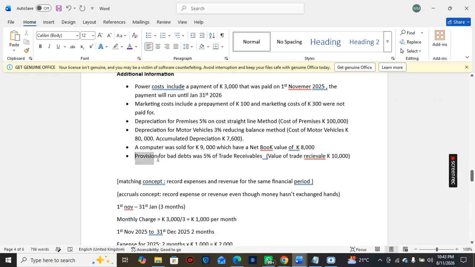Then here, provision for bad debts was 5% of trade receivables. Value of trade receivables 10,000. So provision for bad debts, or you might see it as provision for doubtful debts, or even allowance for bad or irrecoverable debts. This one can come as many words. Provision, allowance for bad or irrecoverable debts. Yes, colleagues,